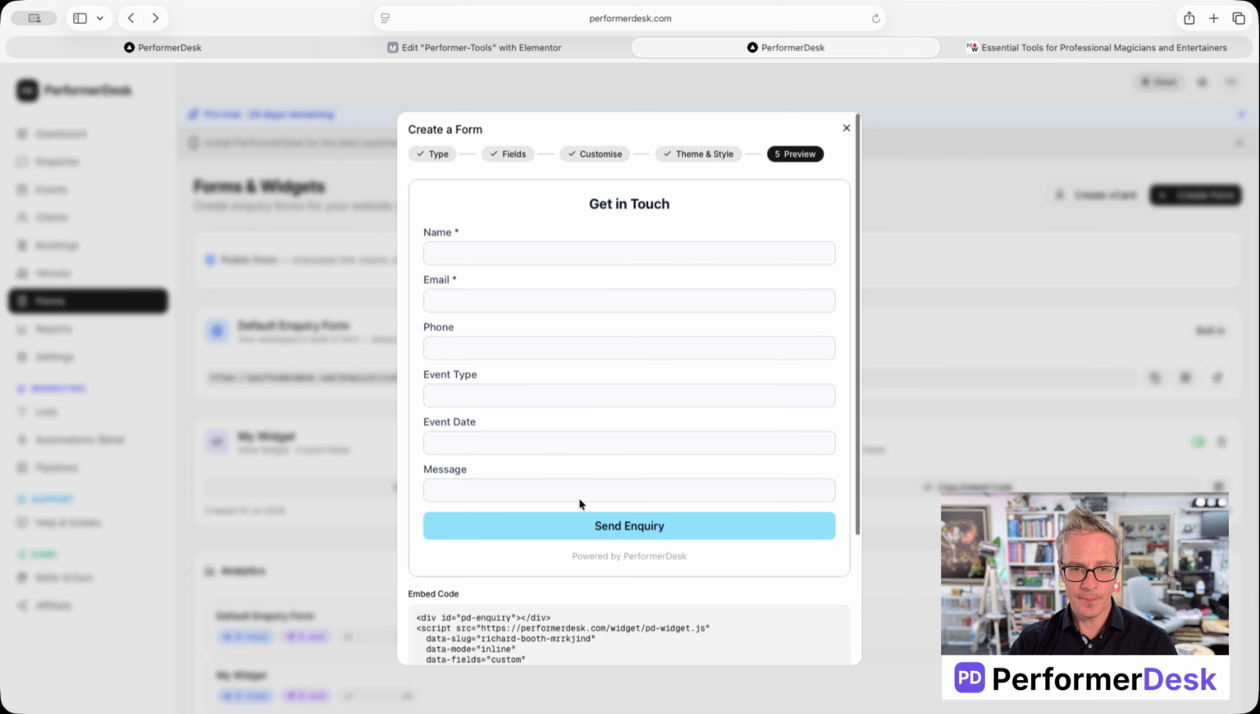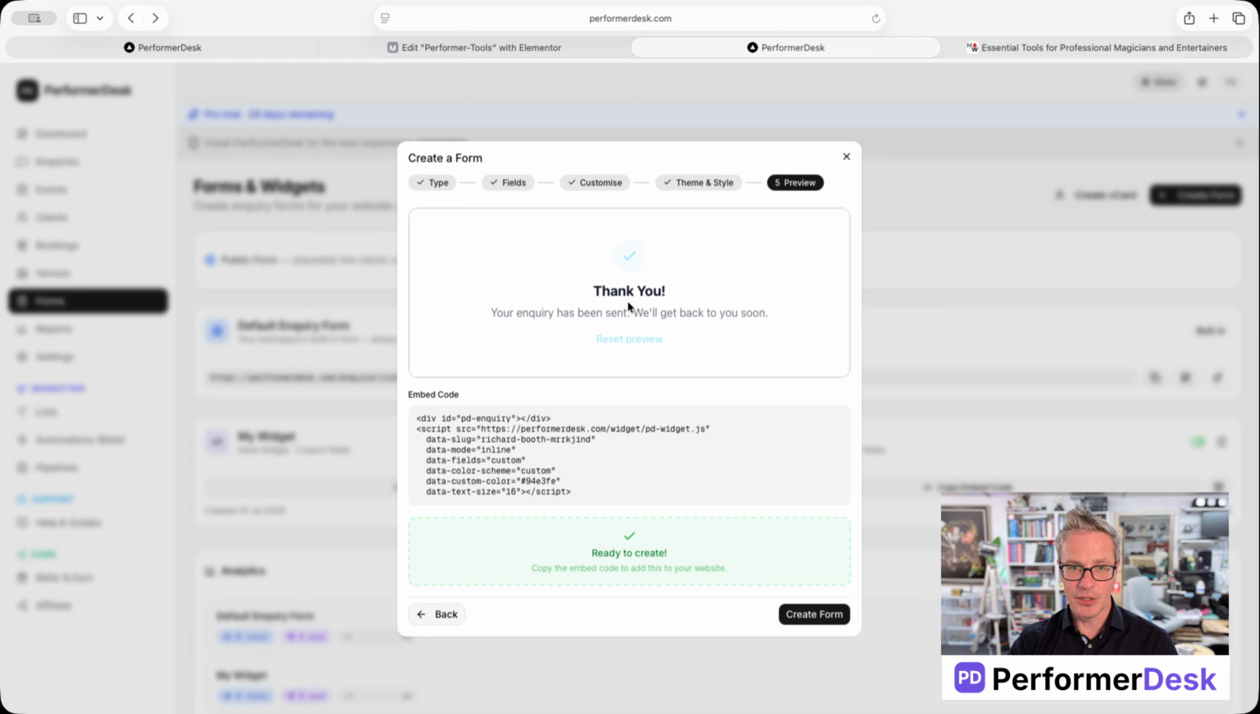Finally, you get your preview. You get to preview what it even looks like, the thank you. And here is a script that you must copy. So you select everything there, you copy it, Command C for me, and we're going to click Create Form. Okay. If we create form, that form is now going to appear